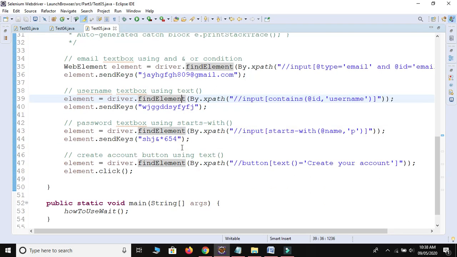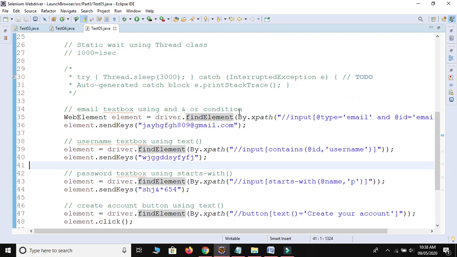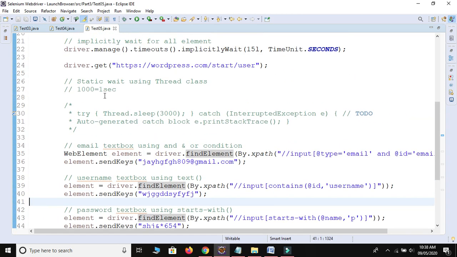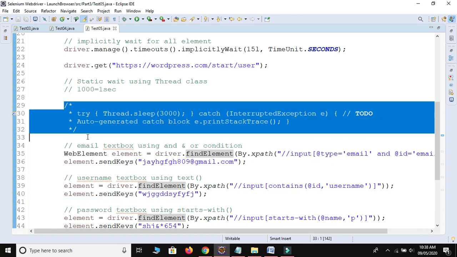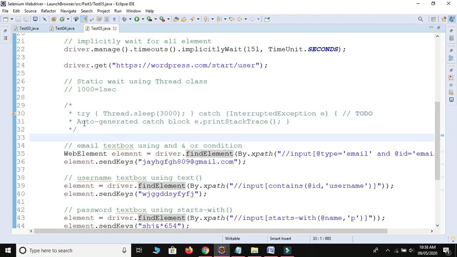So the best approach is to use implicit wait. Don't use Thread.sleep. If you use it, it works no doubt, but it will not ignore the rest of the seconds. If your element is found in just 2 seconds, then the rest of the seconds will not be ignored.